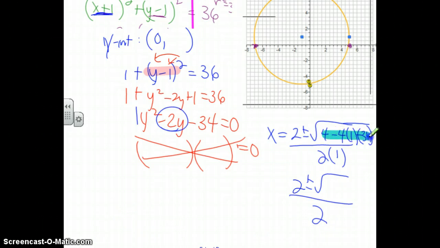So I believe 4 minus 4 times negative 34 is about 140, which we could simplify the square root of 140